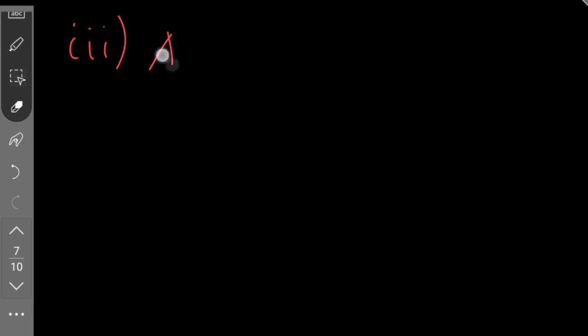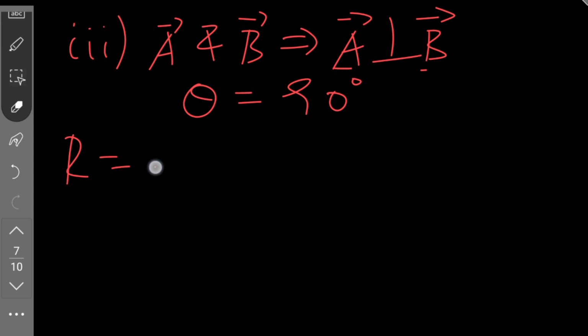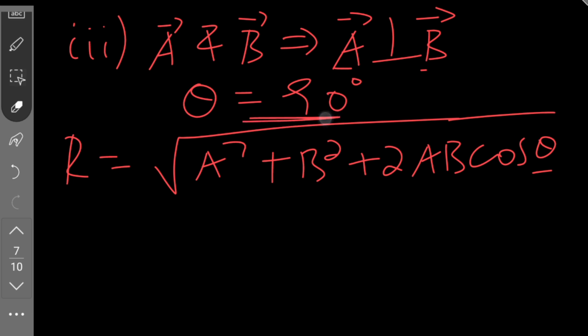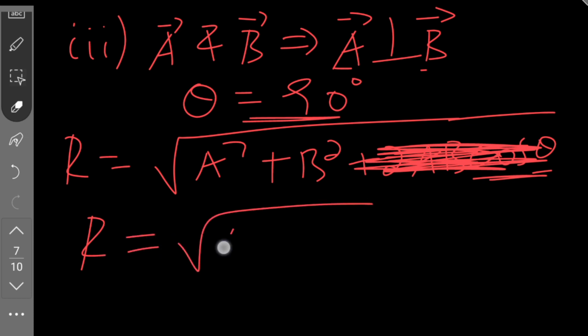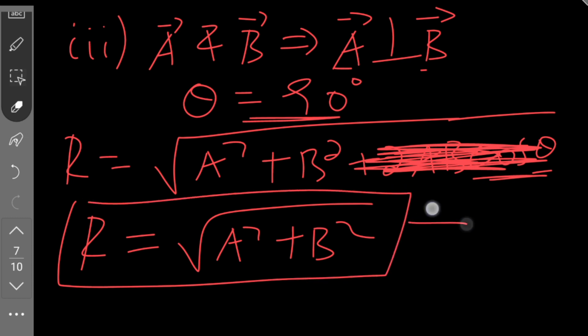Third, when the two vectors are perpendicular, a and b are perpendicular ከሆኑ which means vector a perpendicular to vector b ከሆኑ theta ስንት ይመጣል? 90 degree, or the angle between vector a and b 90 degree ይመጣል። Then by using the parallelogram law of vector addition የመጣልን result a square plus b square plus 2ab cos theta ይላል። በቴታ ቦታ 90 degree ስታስገቡ cos 90 0 ነው። Then this term cancels out from this equation then ምን ይቀረኛል? a square plus b square የሚለው ማለት r is equals to under root a square plus b square ይሆናል። This is known as Pythagoras Theorem እንለዋለን። Pythagoras Theorem የምንለው A እና B 90 degree form ካረጉ ነው።